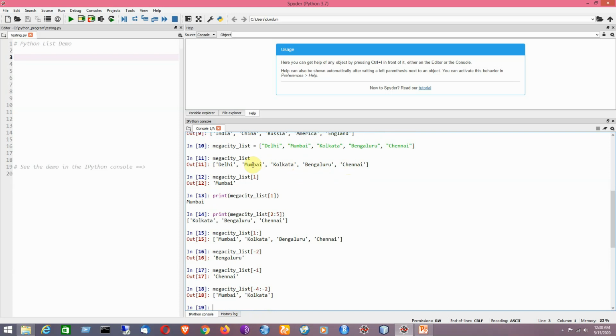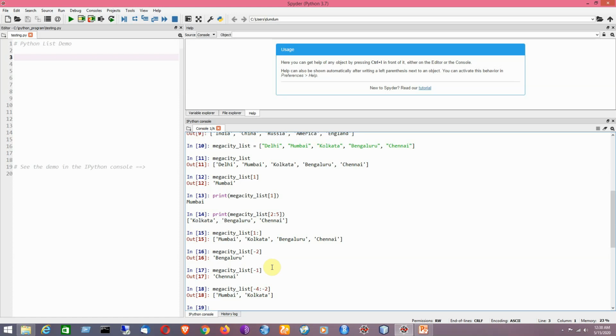So it will just print -4 and -3. That is why it will print Mumbai and Kolkata only. So we have understood the indexing technique by using a single index, by using slicing, that is a range of indices, and it supports negative indexing also. That is the beauty of Python.